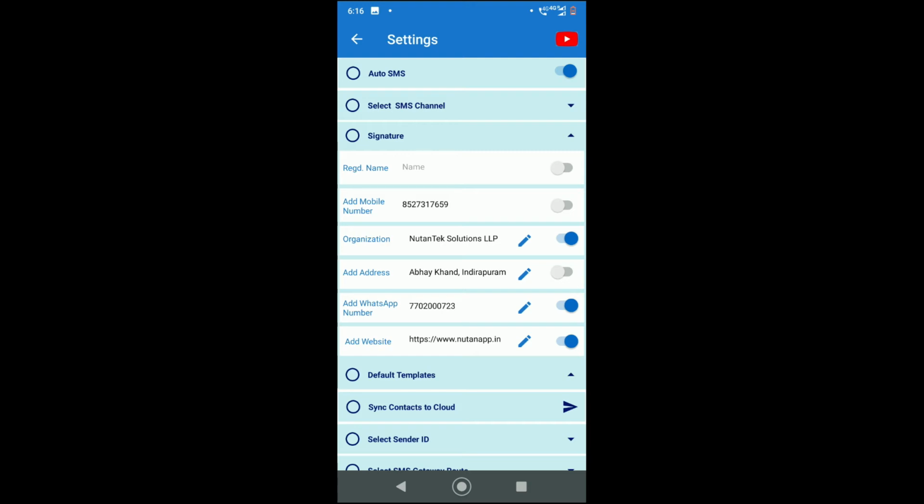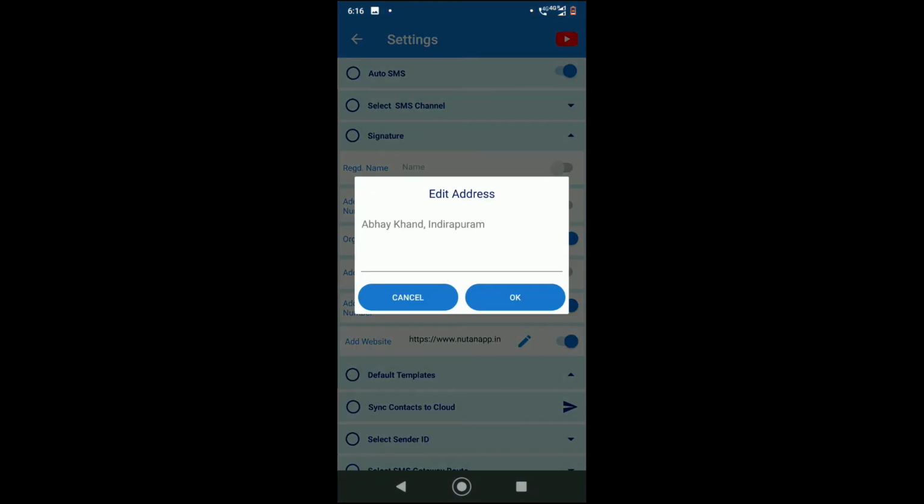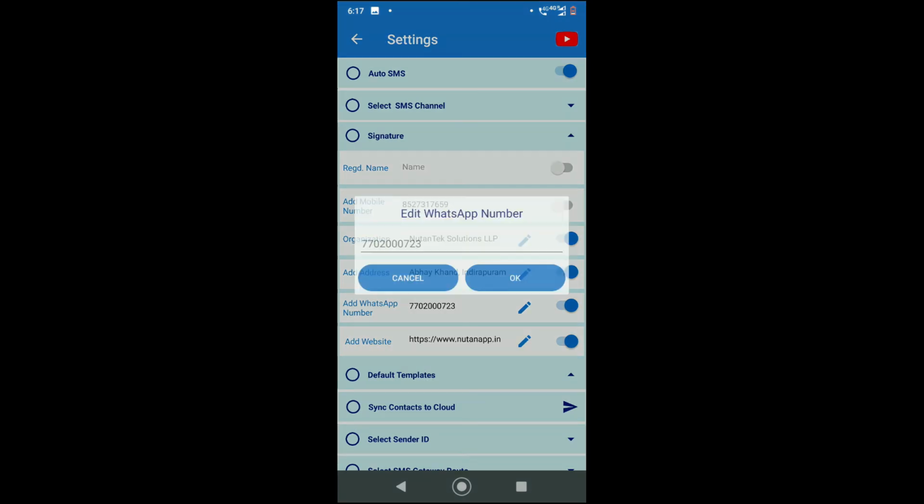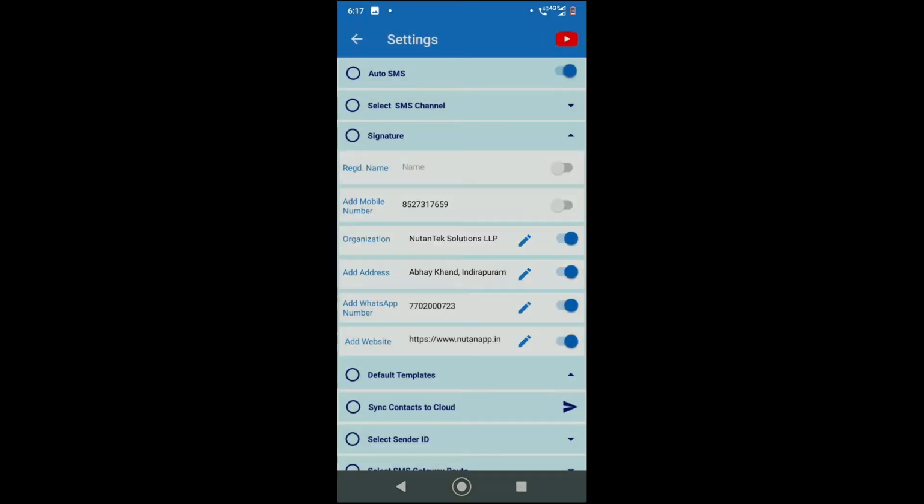If you add an address, you can change or edit the address here and set it on, so the address will go. You add the WhatsApp number. I always suggest you do not set the mobile number, but set the WhatsApp number, and you can enter it here. The benefit is that in your virtual business card, the WhatsApp number will be visible, right? And it goes as a link. If somebody clicks the link, WhatsApp automatically opens for us. So I recommend you use WhatsApp.